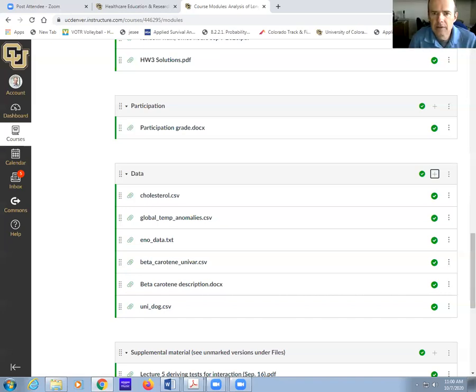Usually it doesn't crash, unless almost everybody is missing a certain time point. That's when you run into trouble. But if you have group by time combinations that are at least pretty well represented in the data, and that's usually the case, then you can usually get the model to fit